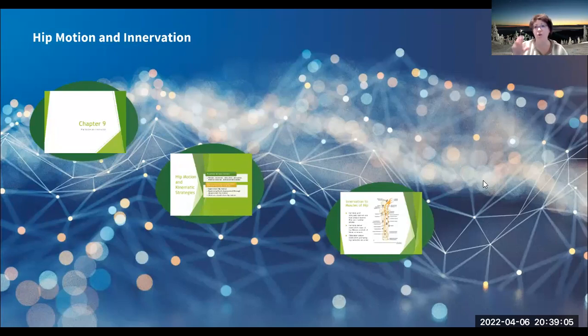For all of the joints coming up, we are going to be in the same format as we are doing for the hip. So we'll talk about osteology, we'll talk about the kinematics, we'll talk about muscles, and we'll talk about functional considerations for all of them. That's going to be the pattern going into the rest of the quarter. So for the hip,